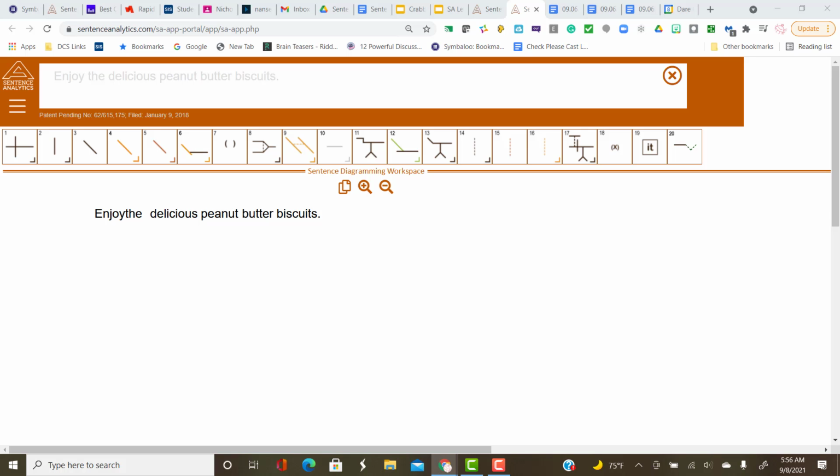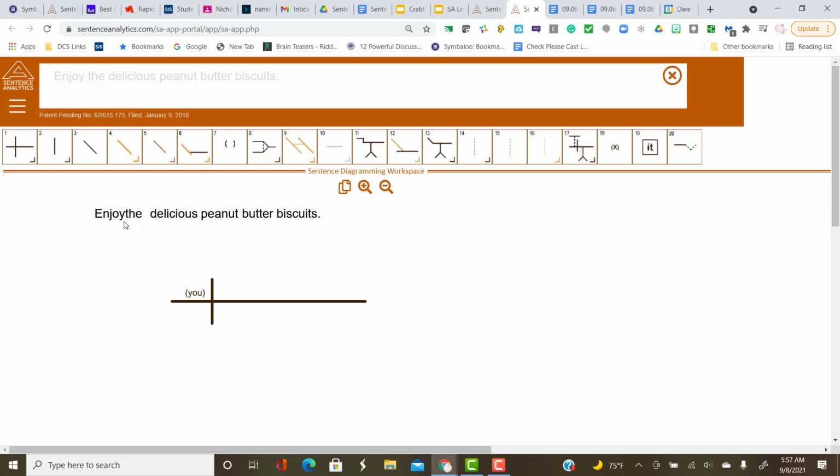Peanut butter biscuits. Okay, this is an imperative sentence, so it will have the implied you in parentheses as the subject. Start with the basic subject-verb cross, then click on the implied you and put it in the subject